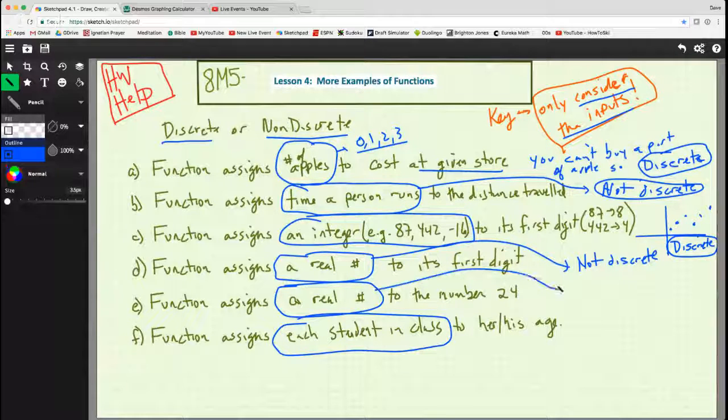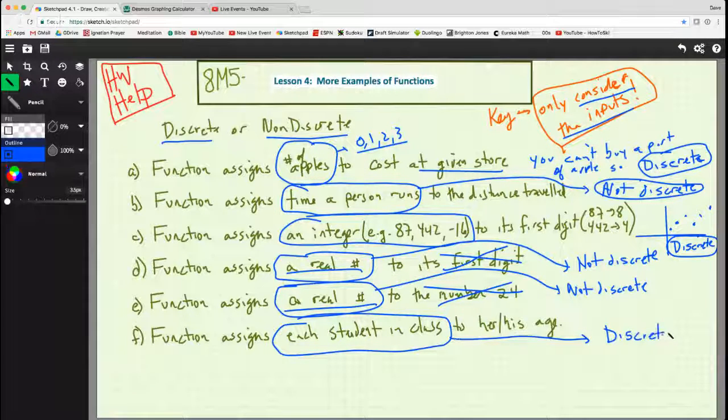And so this one is also not discrete. I don't care that the output is always 24. That doesn't make it discrete or not discrete. We don't care about the output. The output doesn't matter. It's just the input being a real number makes it not discrete. Now, each student in class, whenever you talk about things, individual things, that's always